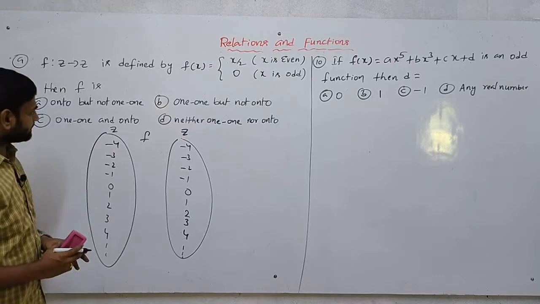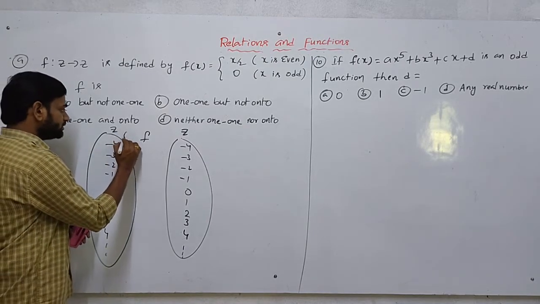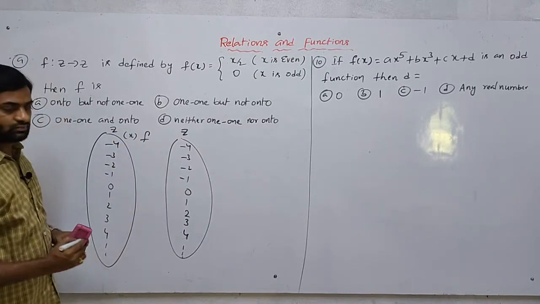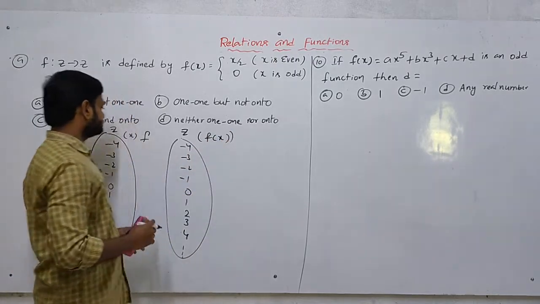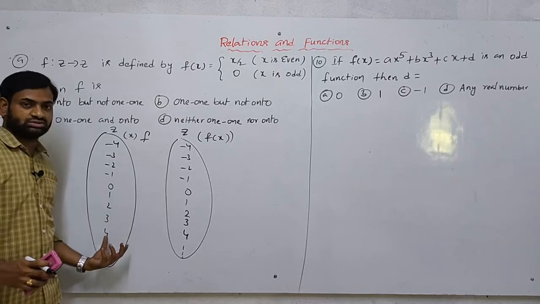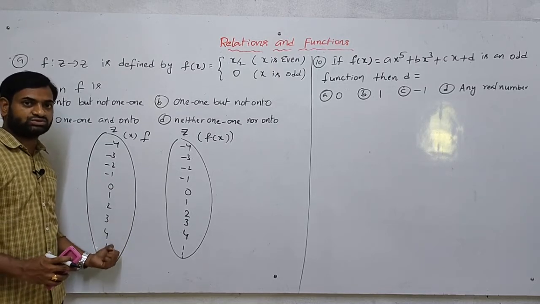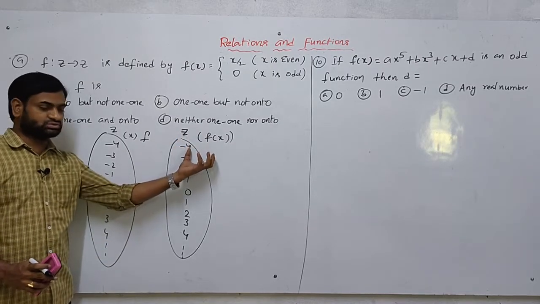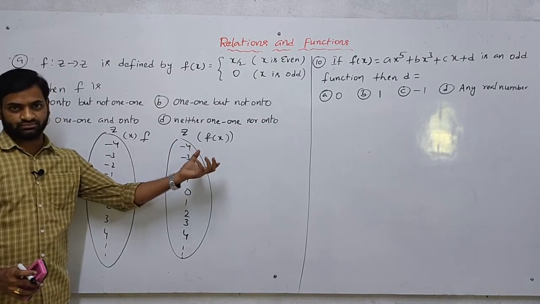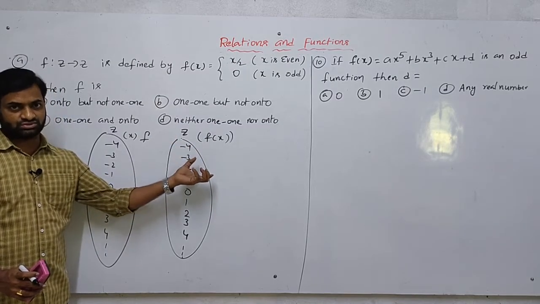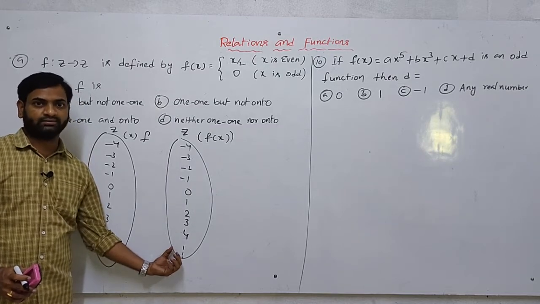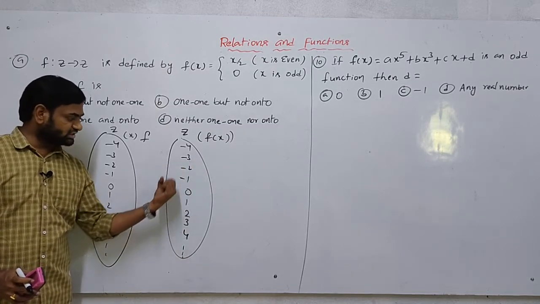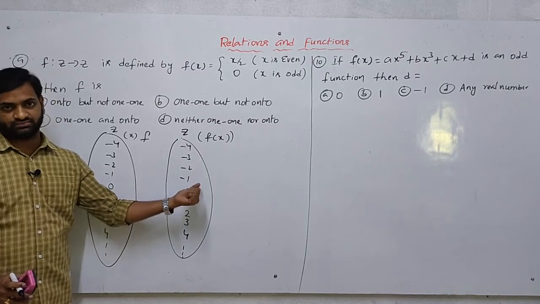Now see here. Remember, these are the x values. These are the f of x values. These are the x values, taking or choosing values. These are the f of x values. That is the result values. Actually, the whole set we can call the codomain. The elements which are in the mapping, those are called the range.